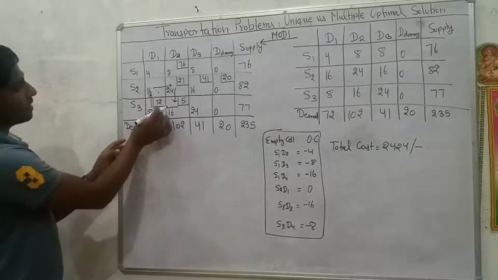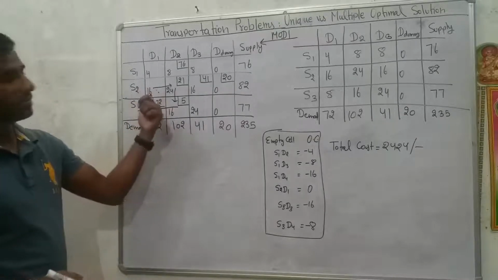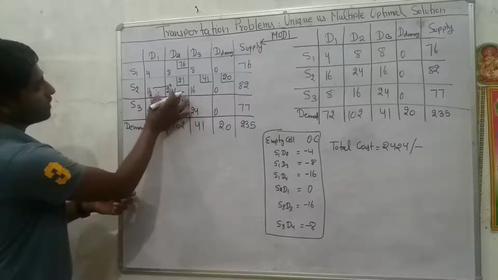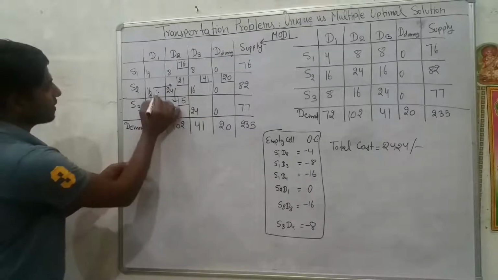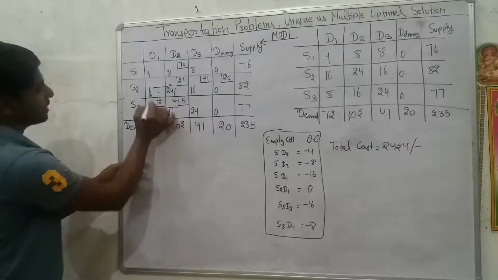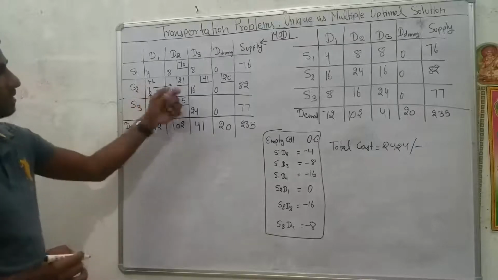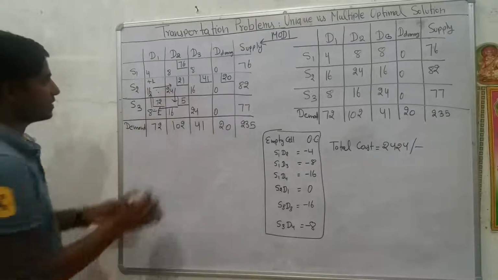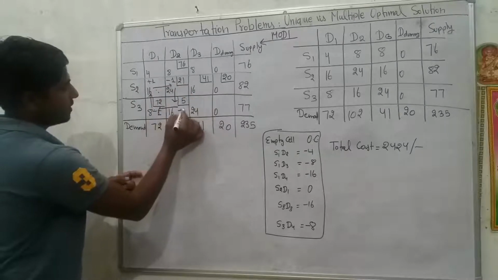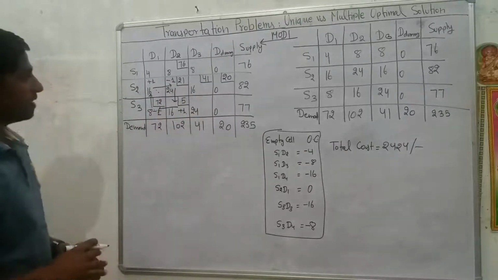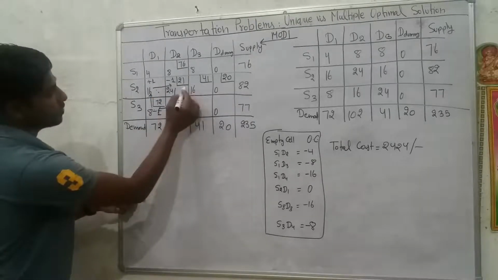Suppose, what are the maximum number of units that we can transfer to this particular route? For this we need to look at the rim requirements. If we are transferring one unit from this cell to this one, +1, -1, then to make the rim adjustments in the rim requirements, we need to reduce one unit from this cell and again add one unit in this cell. So at max, how many units can we adjust for this cell? We can adjust 21 units.